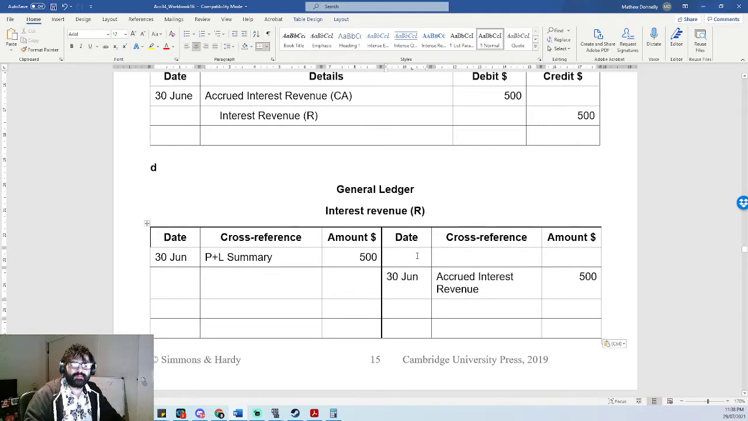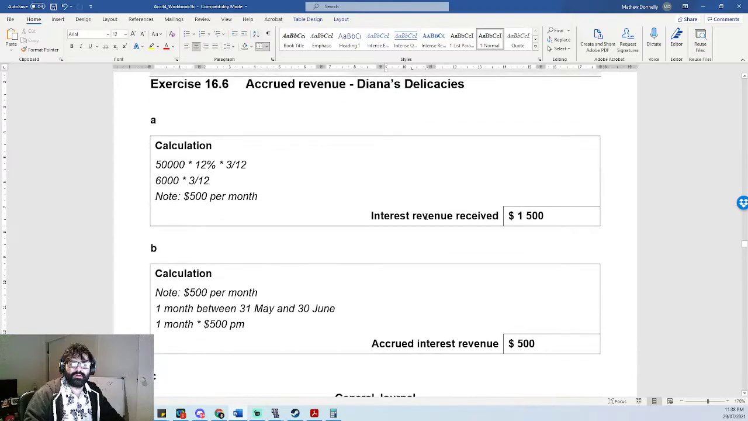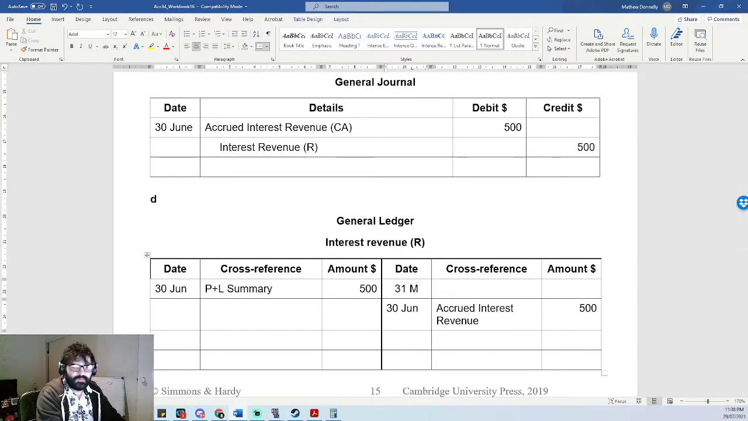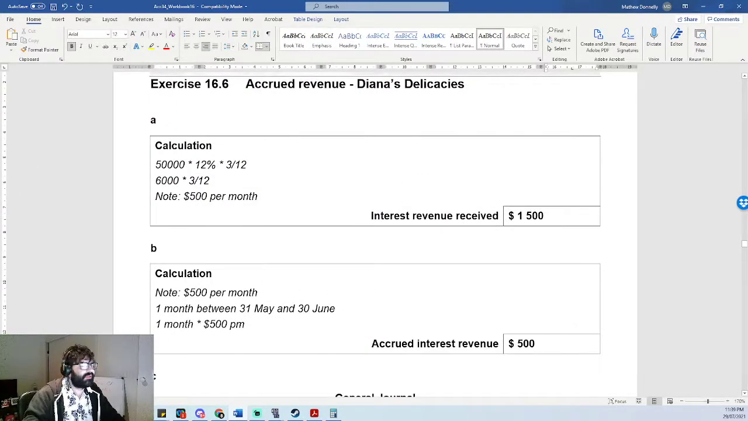And then go on the 31st of May, 31 May, bank, because that goes straight into the bank, 1,500, and suddenly our P&L summary is going to be 2,000. Because don't forget, you need to read closely. You need to make sure you include everything, because